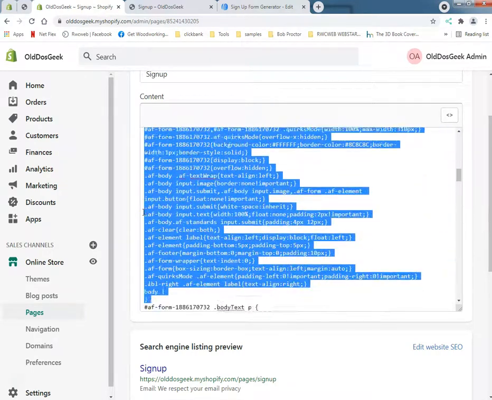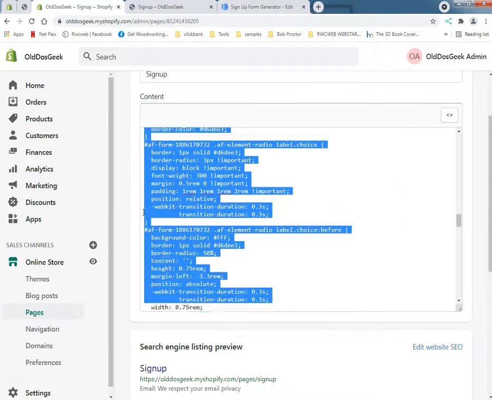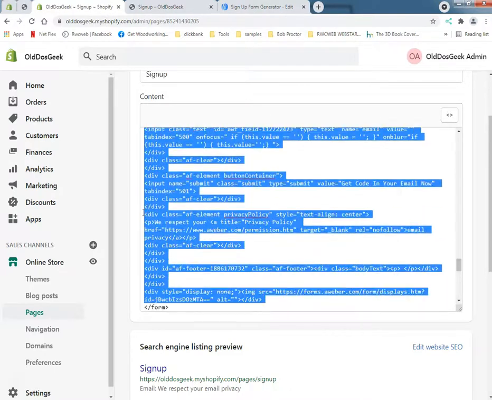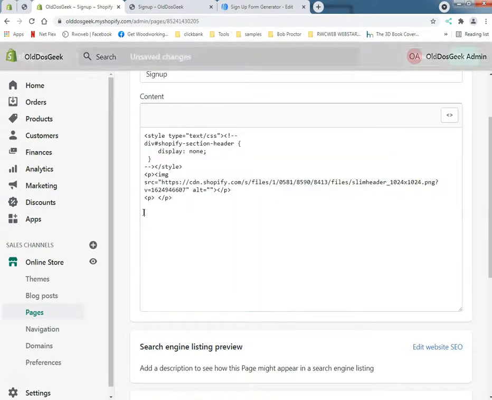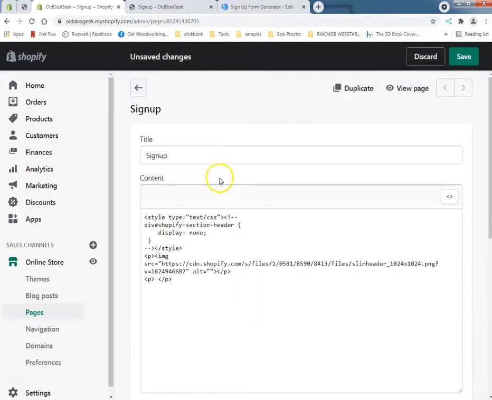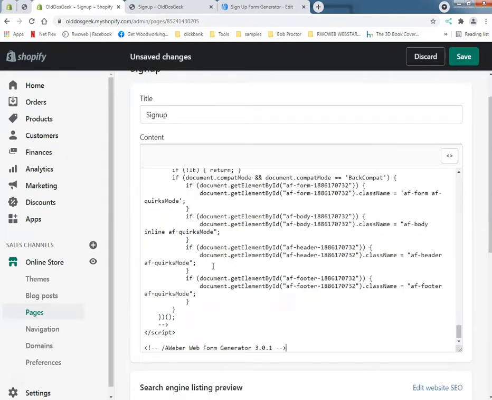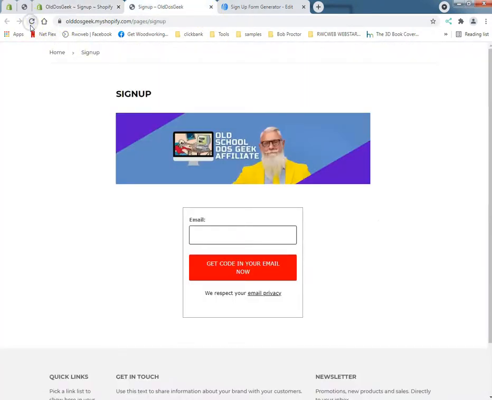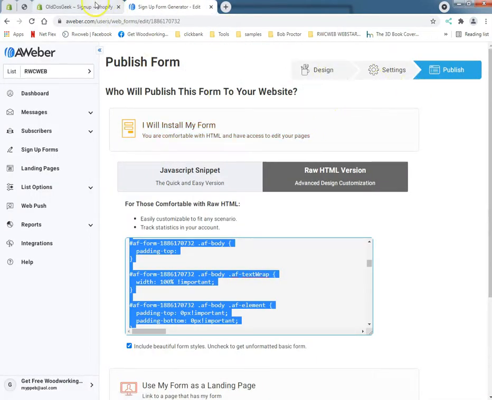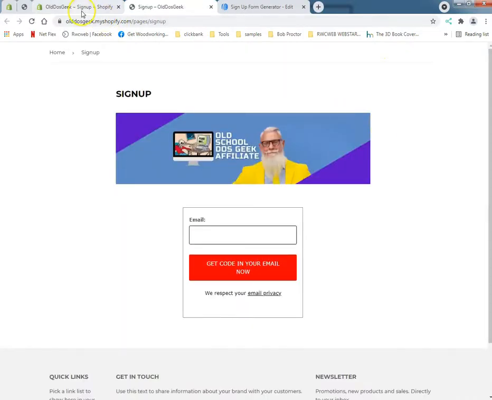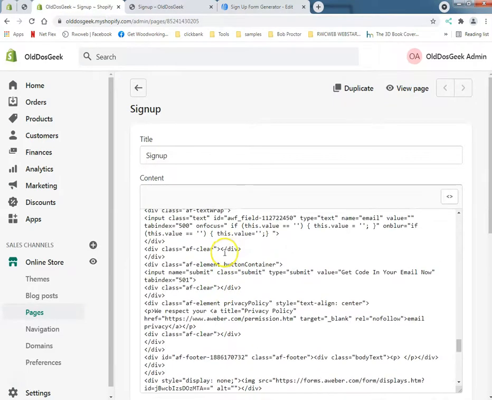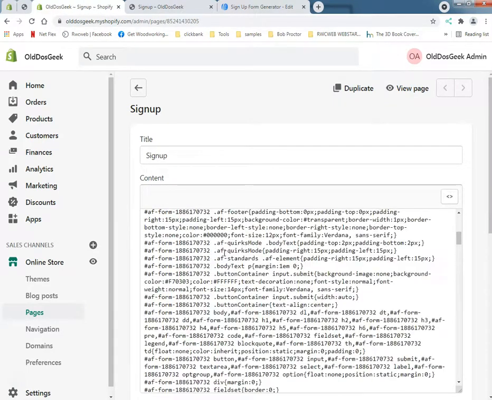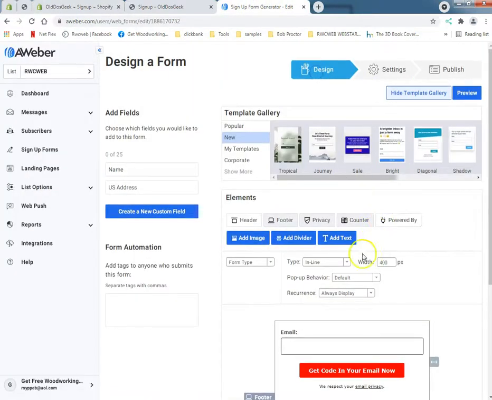Let's just get rid of that old code. I don't think we got a back button after we saved it in the Shopify yet. All right, so let's put in the new code, save it. Again, let's view the page. Did I screw it up? I think I screwed it up. And you get the gist of it. In other words,